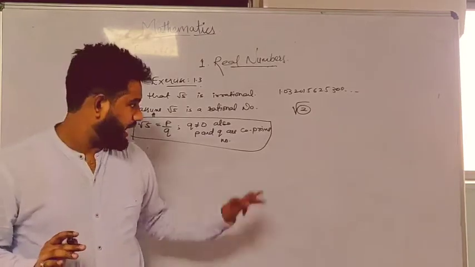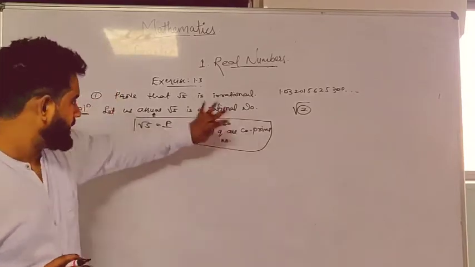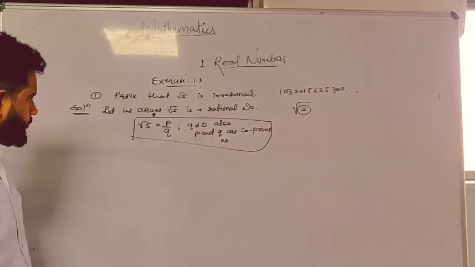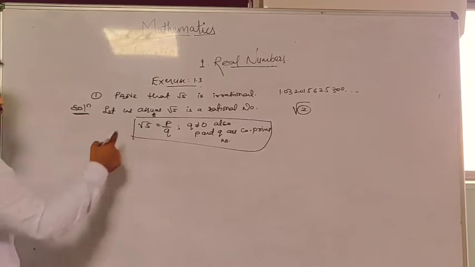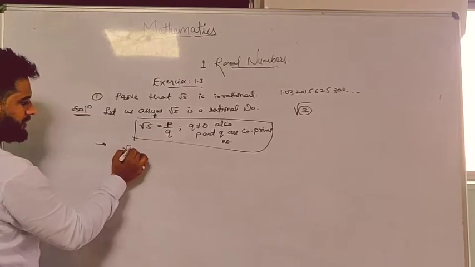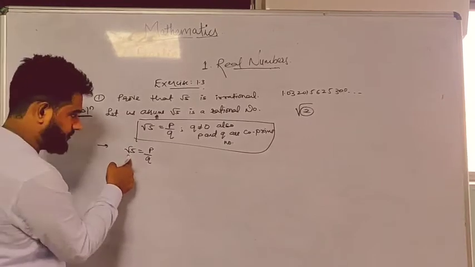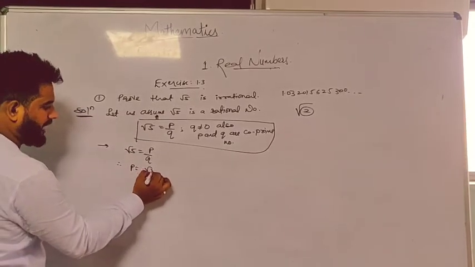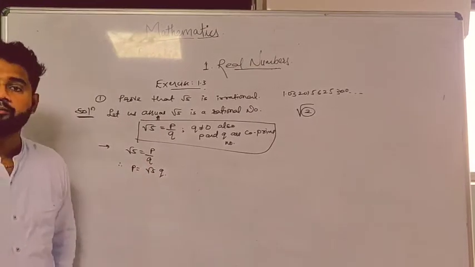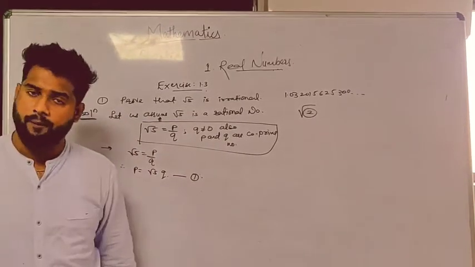Now, any time if I get any wrong thing out of what I have supposed, this assumption will stand false. Now, what is the step you have to follow? First step: root 5 is equal to p by q. Shift this q in multiplication with root 5. So can I write p is equal to root 5 q? This q will go here, root 5 q. That is your equation number 1, your main equation.